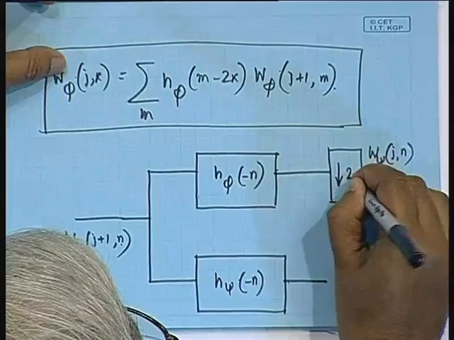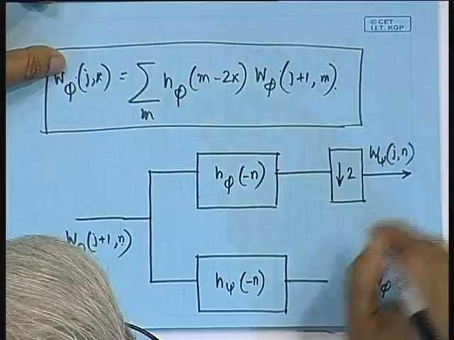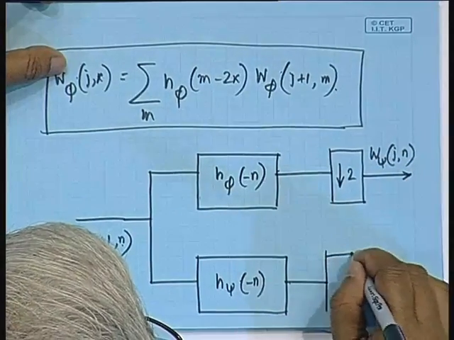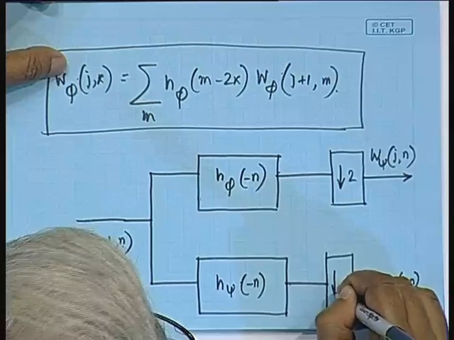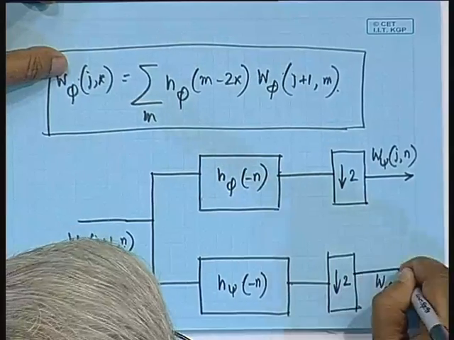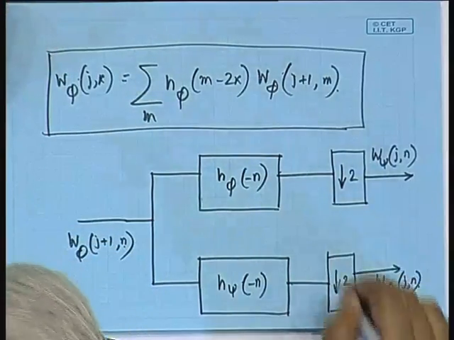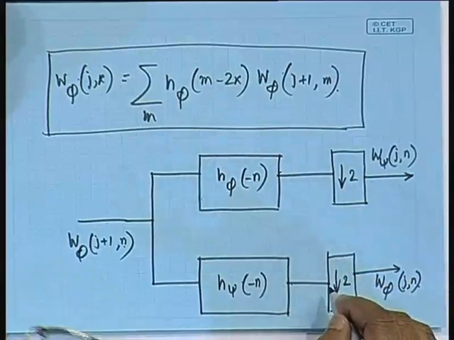I did not talk about this decimation because I want you to interpret the decimation in a slightly different way, and I am coming to that point soon. If it is decimated by a factor of 2, it means that